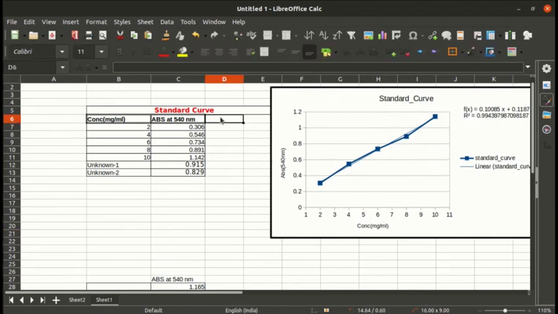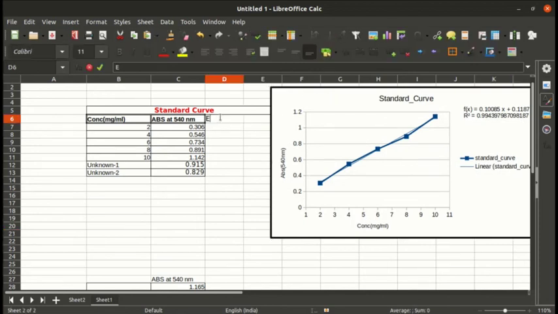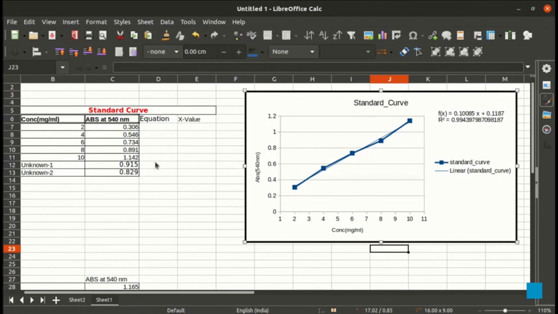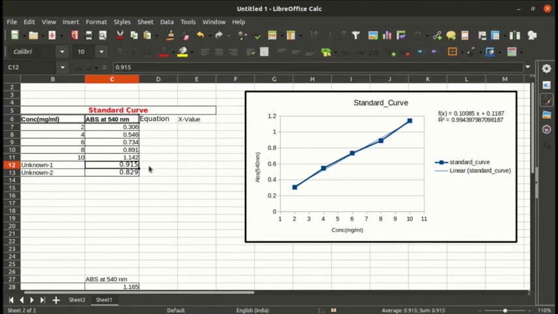Before I do that, I'll label this column as equation and the next column as my x value. So this is my absorbance value. Now let's type in the equation here. Which equation? The standard curve equation that we've got.